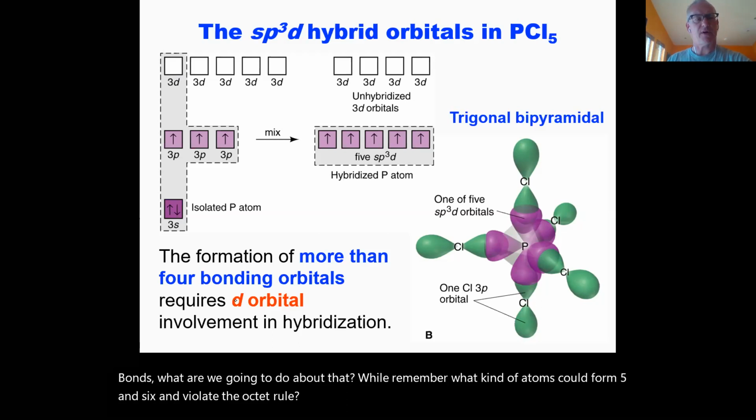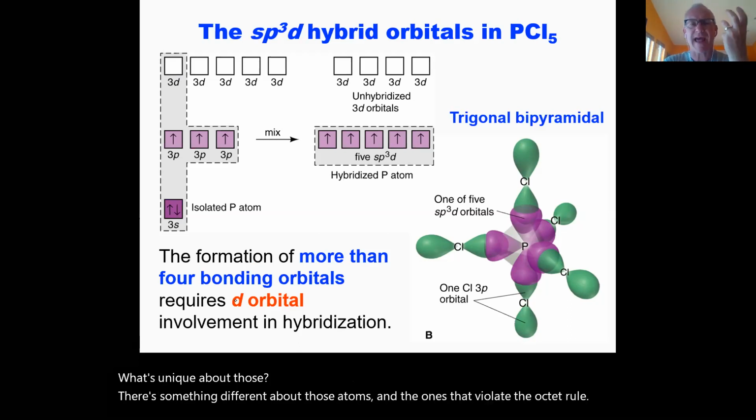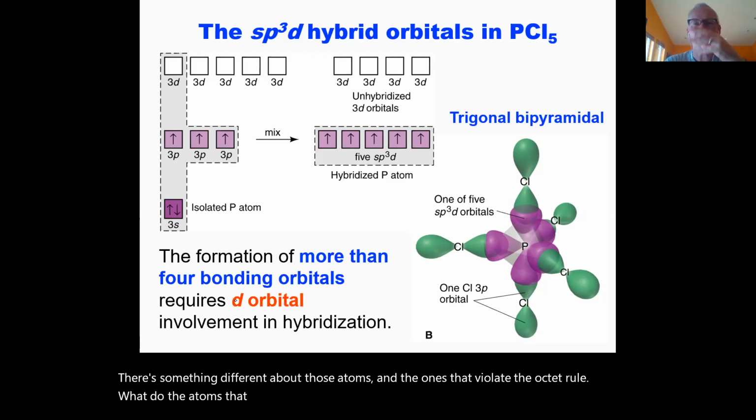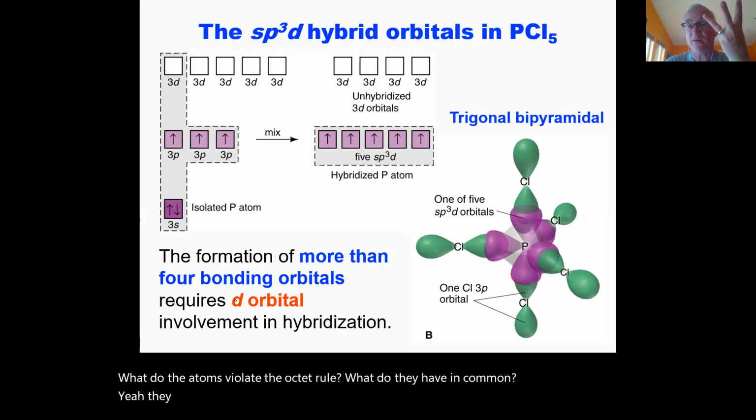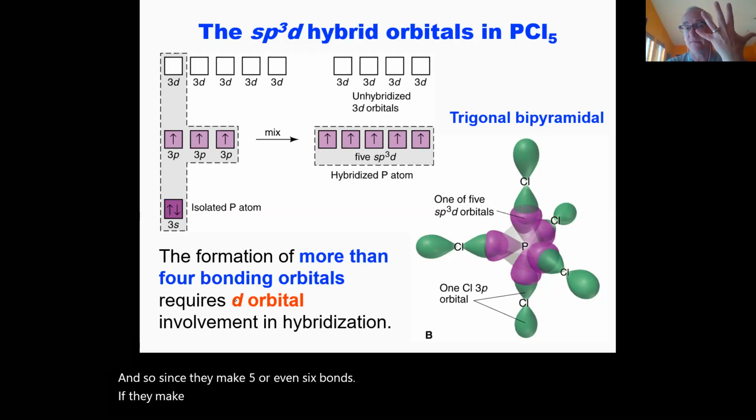What's unique about those? There's something different about those atoms and the ones that can't violate the octet rule. What do the atoms that can violate the octet rule have in common? They have d orbitals. Yeah, they do. They're in period 3 or higher. They have d orbitals. And so since they make 5 or even 6 bonds, if they make 5 bonds, then